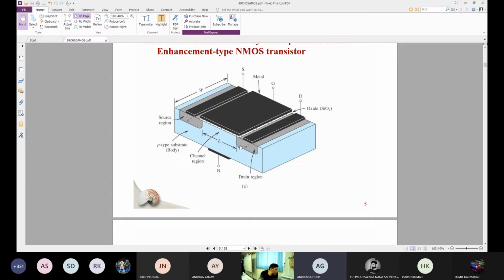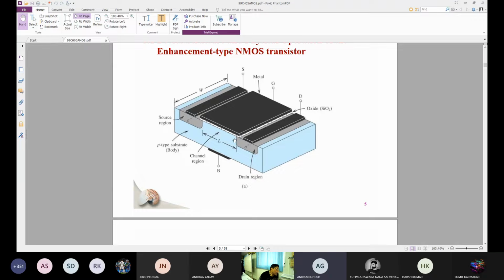Now let us talk about the depletion mode MOSFET. Depletion mode MOSFET, I don't want people to focus much on it, because it's not much of use in the circuit. But conceptually,